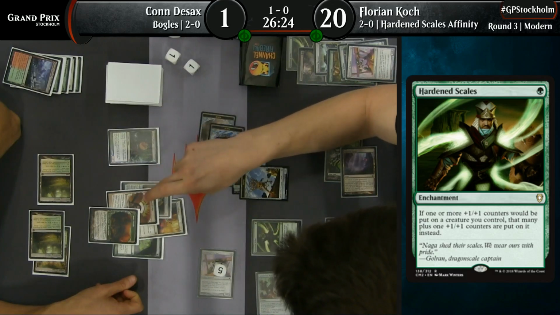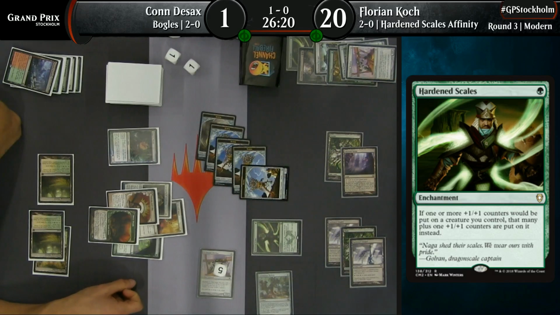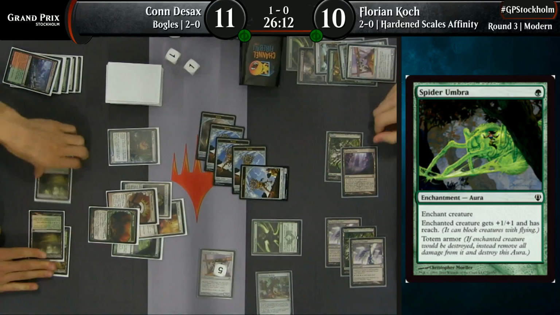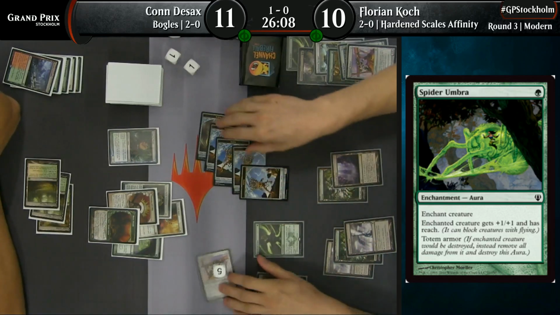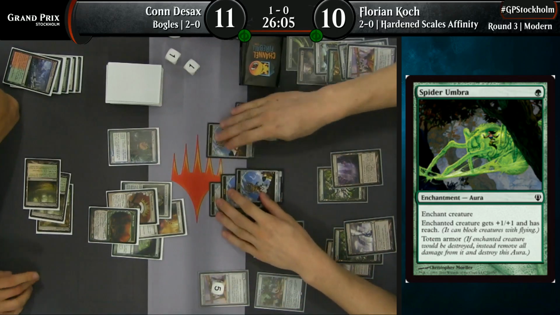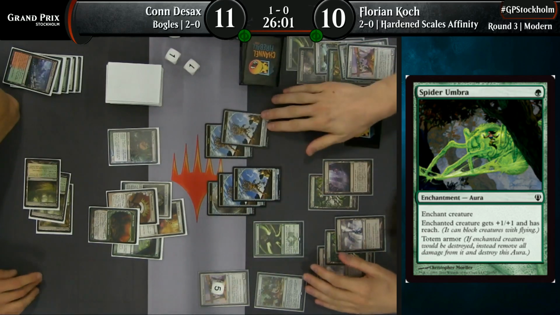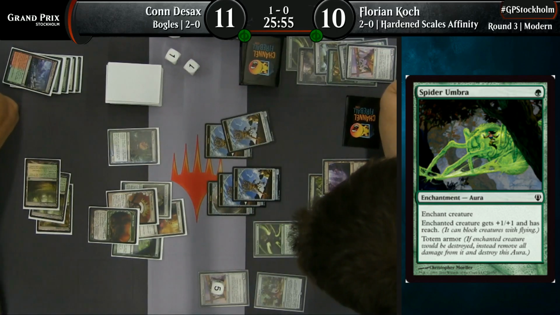But it doesn't have trample. Doesn't have trample. No, you know what the best card here is? Spider Umbra. Gives reach. Oh yeah, of course it can block now, so we can't attack with the Nexus. The Nexus, wow. And Koch with very little in the way of unconditional removal, because that Dryad Arbor doesn't have hexproof, but it may as well have against a deck that just has no black removal spells. I mean, now he needs to find a way to...